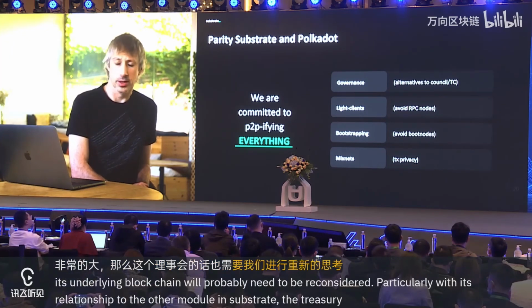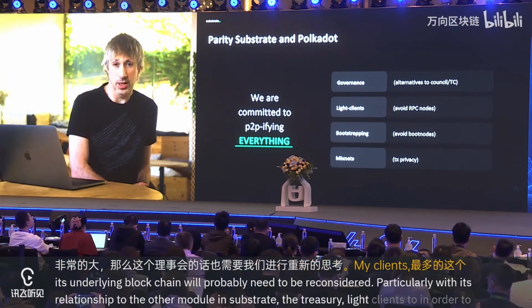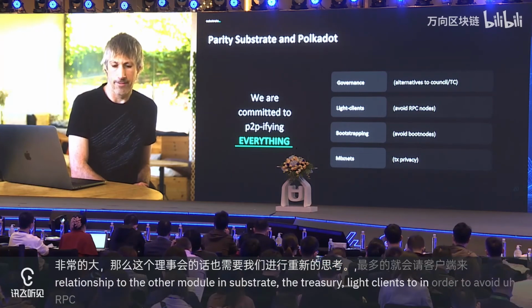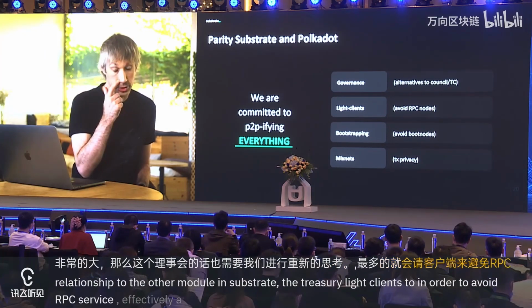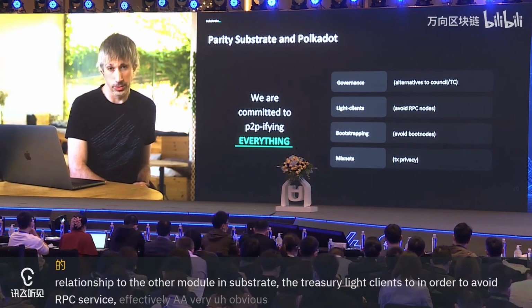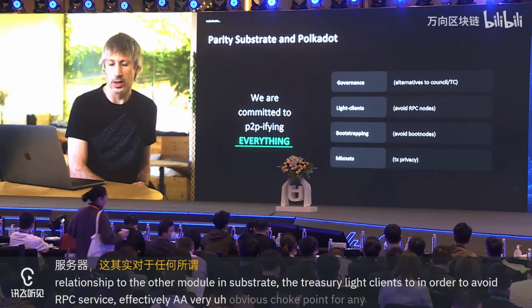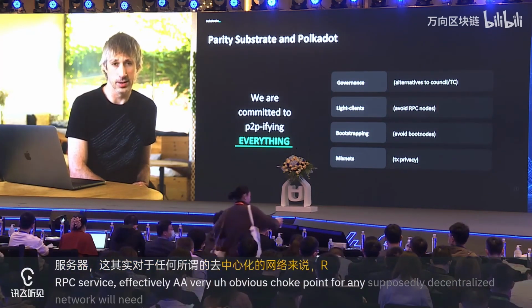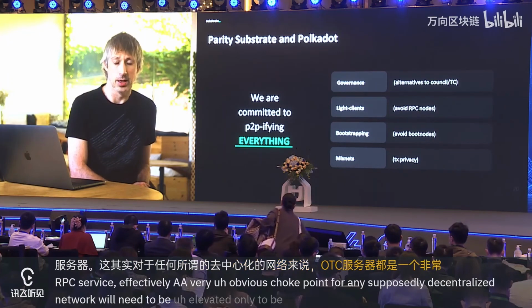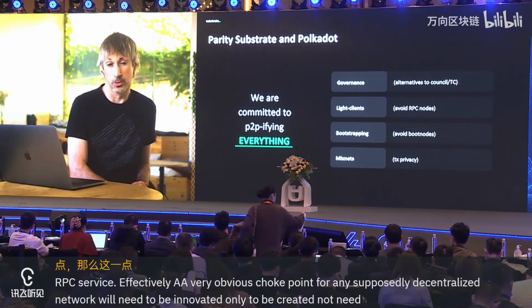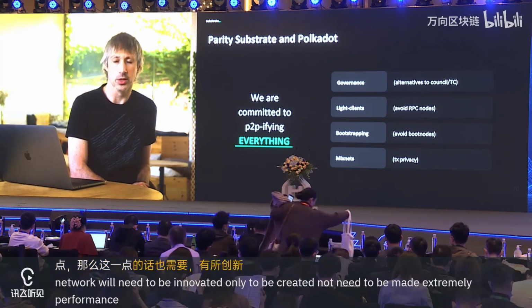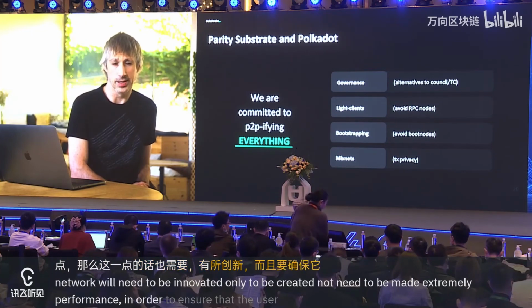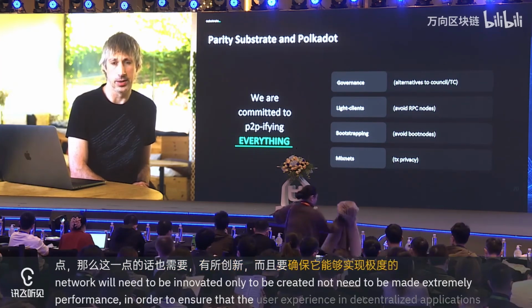Light clients, in order to avoid RPC servers, effectively a very obvious choke point for any supposedly decentralized network, will need to be innovated, they'll need to be created, and they'll need to be made extremely performant in order to ensure that the user experience in decentralized applications is viable.